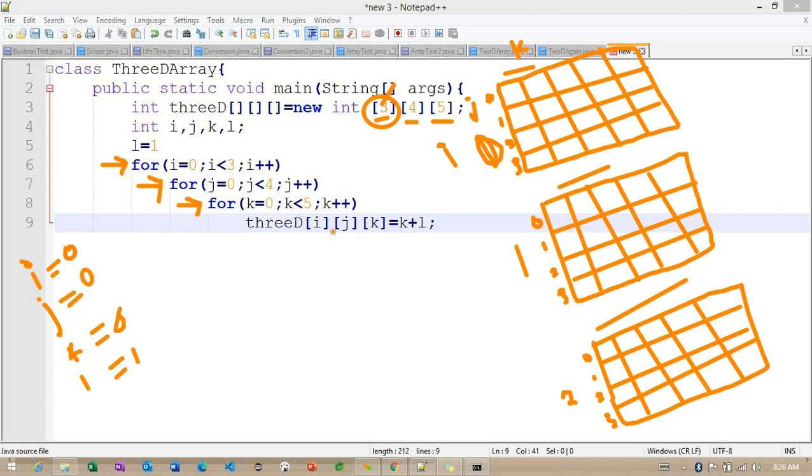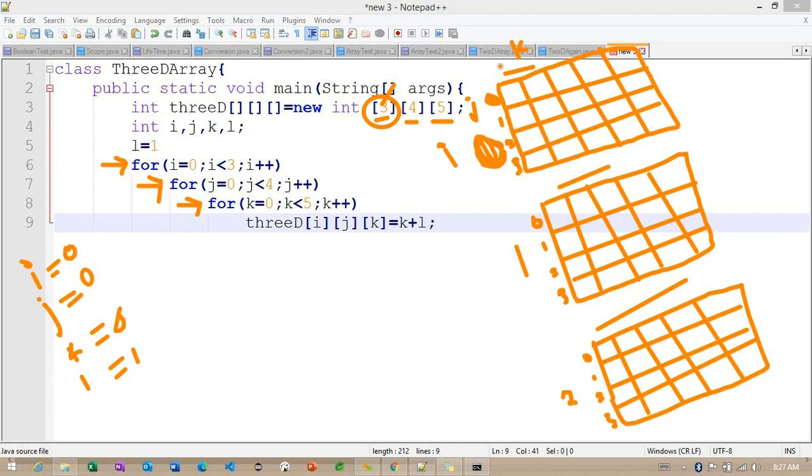Now you can see I, J, K. So I value is 0, nothing but the current block is pointing here, and J also 0 here. J is pointing to the 0 inside this particular current block. Getting the point.